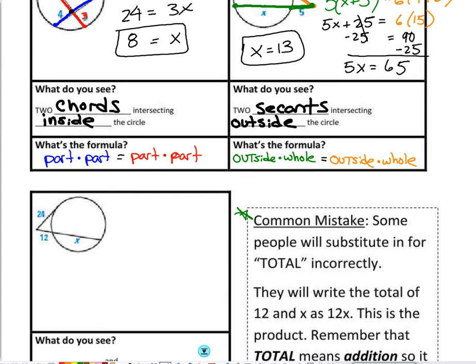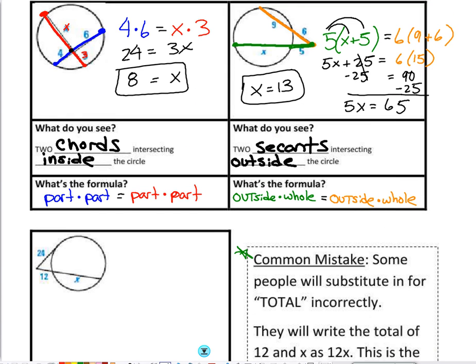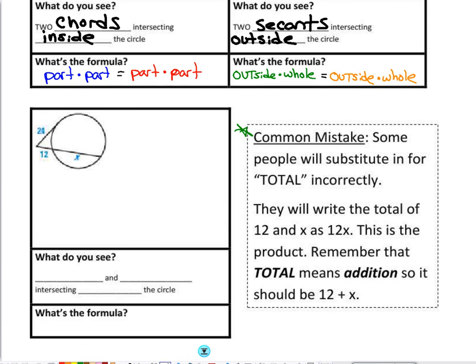How is the third example that we're going to go through different than the second example? One's a secant, so the 12 and x line, let's make that purple here. This line is a secant. And the other line is not a secant. It's actually a tangent, because it only touches the circle at one spot. So purple and blue. We have another line here that represents a tangent because it only touches the circle at one spot. So when you see a secant and a tangent that intersect outside the circle,